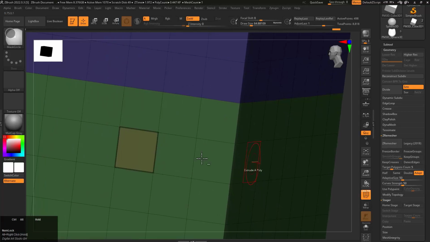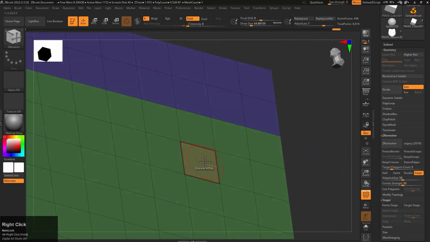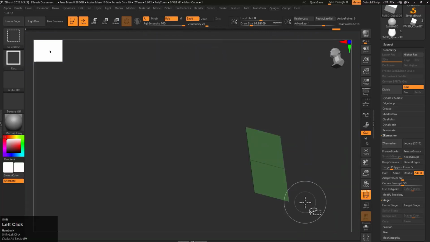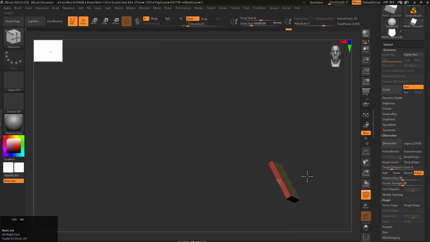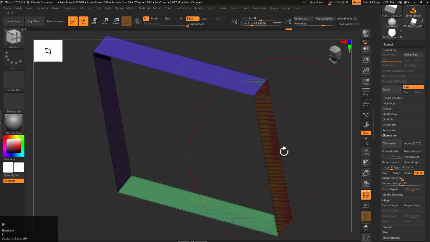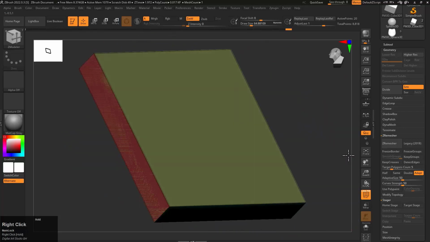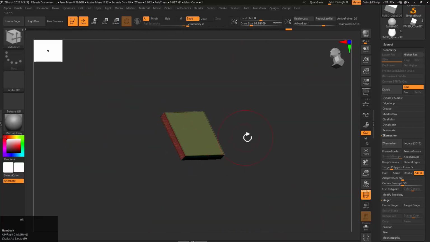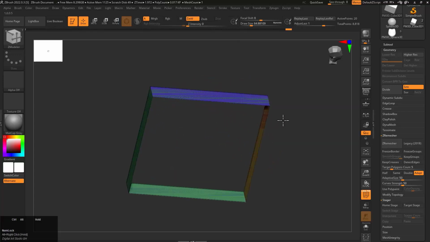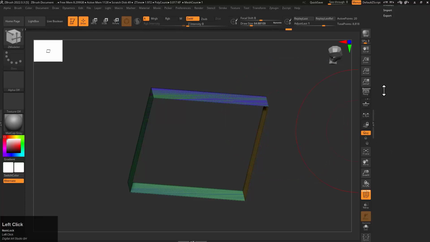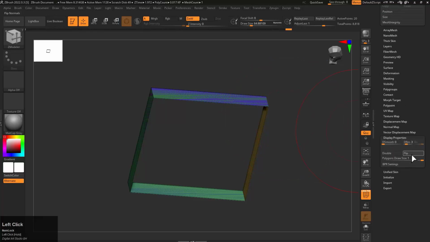Now you can see we have unwelded this face specifically. Now you can see it is separate. With unweld, we can use it for separation, you know. And if I go flip it,